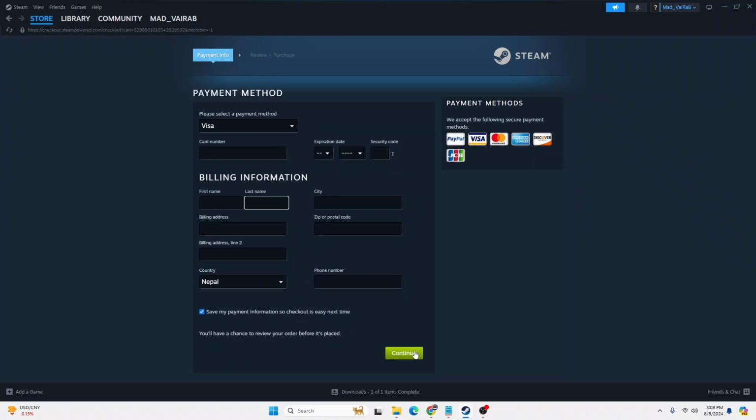on Steam. And with that being said, guys, this is how you will be able to add funds to your